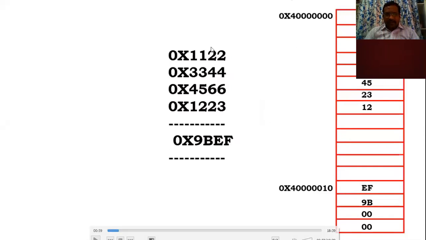So if you are adding these numbers, you will get the result 0x9BEF. So that will be saved in 0x40000010. So if you see this program,